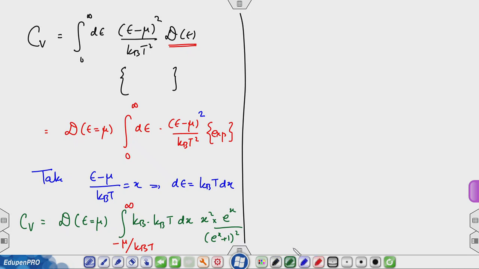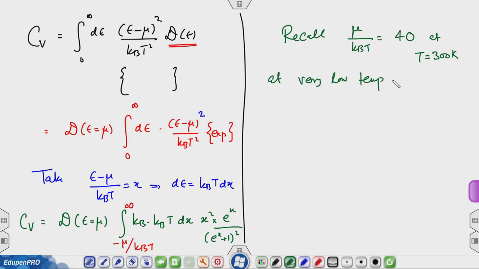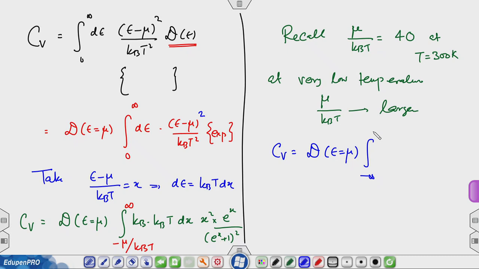Now recall, mu over kB T even for room temperature is like 40 at T equals 300 K. At very low temperatures, mu over kB T will be even larger, and by that time this exponential has really died down, and therefore the lower limit can be written as minus infinity, and that tells you that Cv is equal to D at epsilon equals mu integration minus infinity to infinity